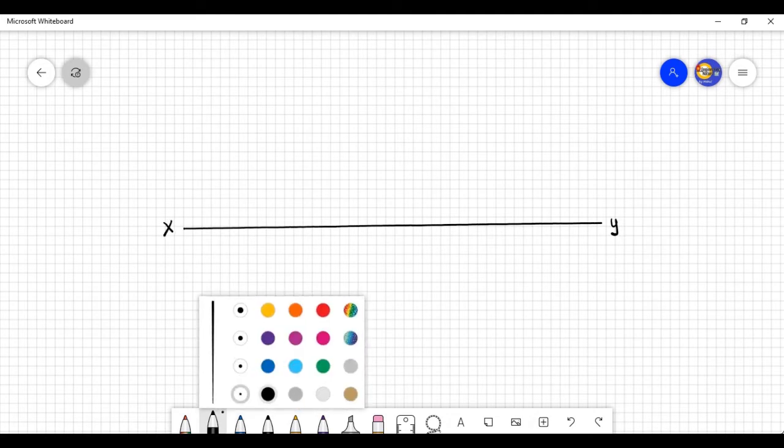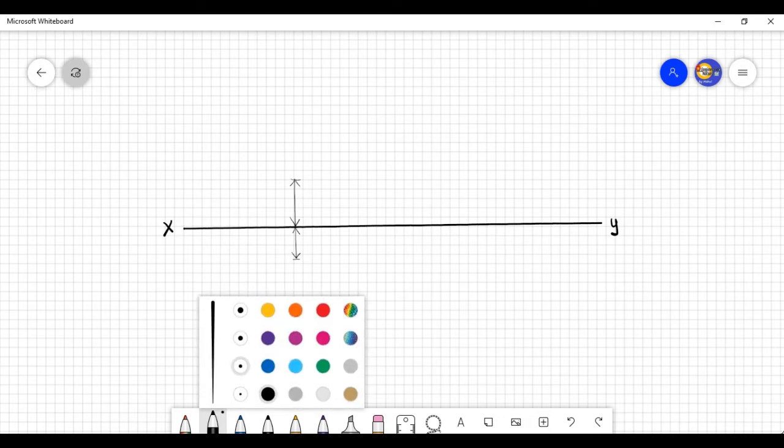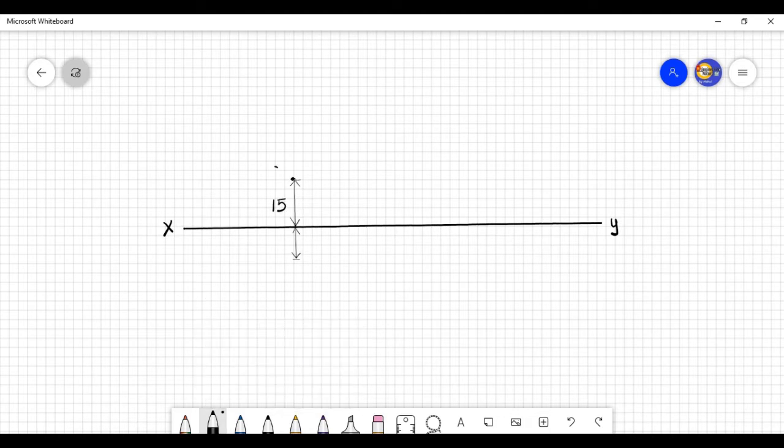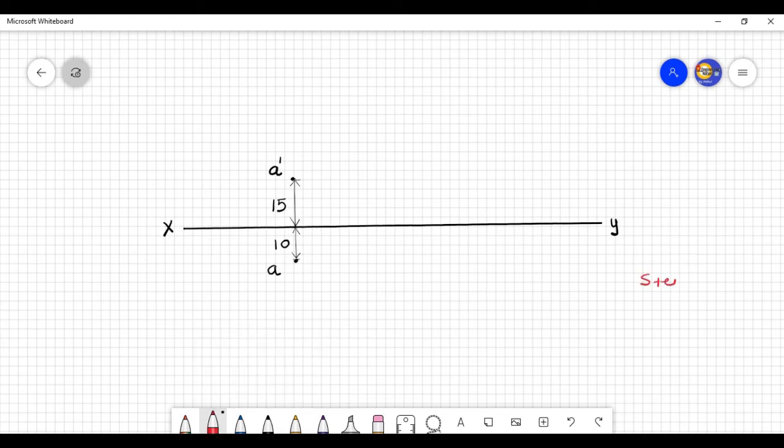Very first, you have to draw the XY reference line. Once you draw it, with respect to the XY reference line, we have to split this problem into two parts. In the first part we consider only the angle with respect to the horizontal plane, that is 45 degrees, and we start with point A. The location of point A is clearly given: it is 15 mm above HP and 10 mm in front of VP. So let me locate that; it means it is below the XY line.